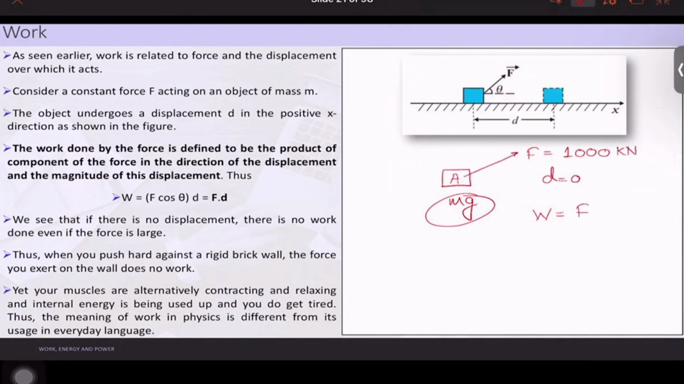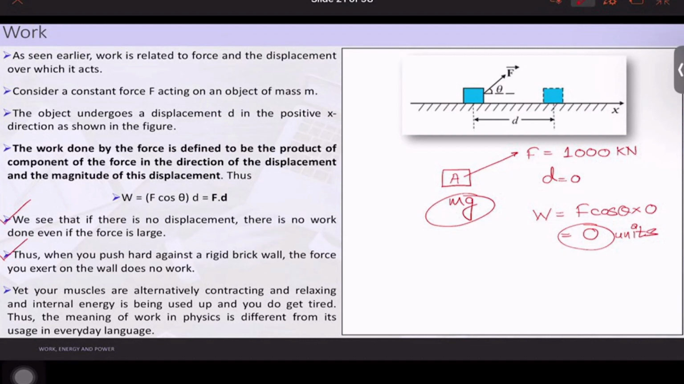Then work done will be nothing but equal to F cos theta into 0, and this will be equal to 0. So work done will be 0 units. So we see that if there is no displacement, then there is no work done even if the force is large. Okay, so one of the examples,